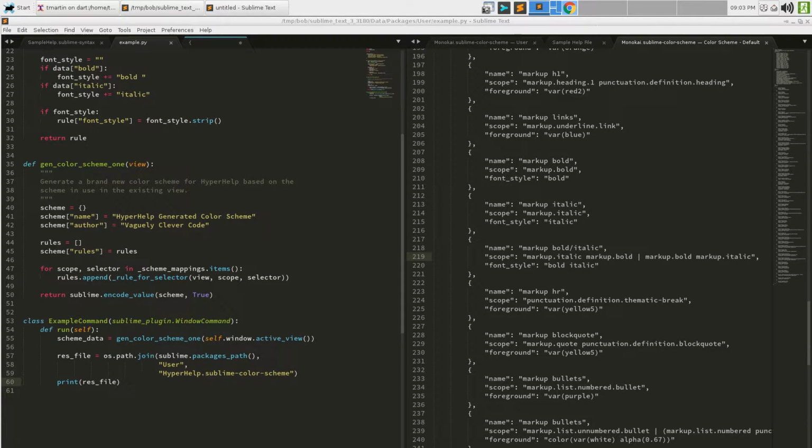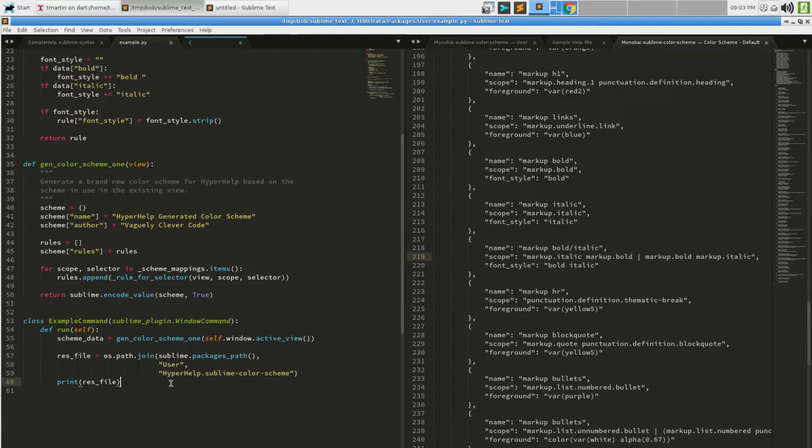Because generally speaking, I use Sublime to generate my files, right? And this is, of course, quick and dirty, so it doesn't really have any exception handling, but I could say with open(res_file) for writing as handle, handle.write(scheme_data) thus.